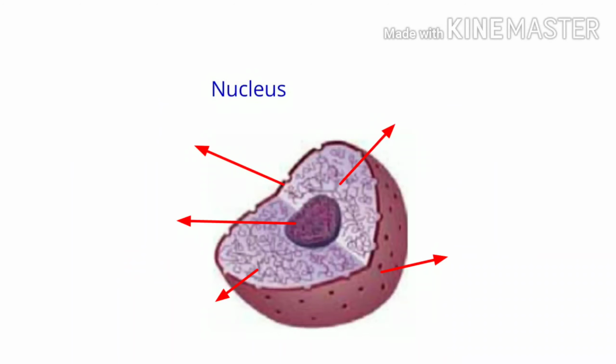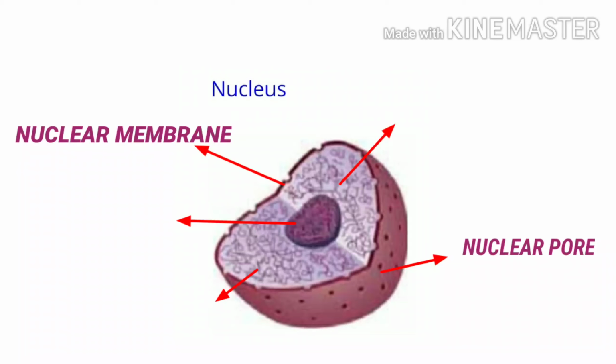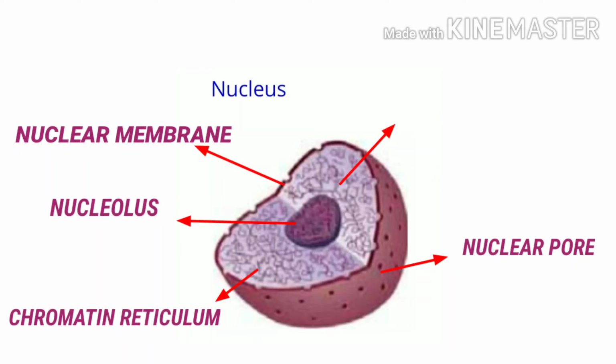Next is the nucleus. Nucleus is known as the regulatory center of the cell because it regulates various activities of the cell. Now let us learn the parts of the nucleus one by one. Now the double layered membrane that covers the nucleus is the nuclear membrane. Now on the surface, can you see small pores are there? Those are the nuclear pores, and it is through this pore that the materials are conducted into and from the nucleus. Then the fluid inside the nucleus is known as the nucleoplasm.